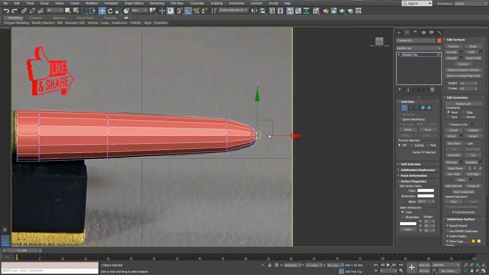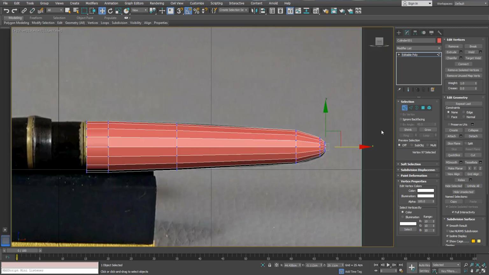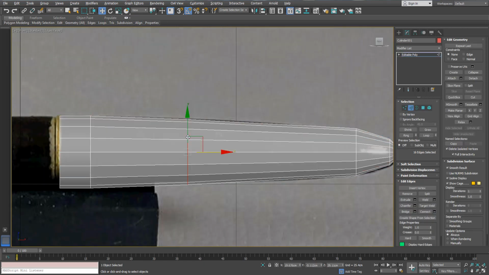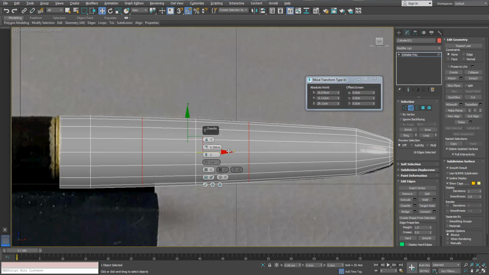Also, we're going to go back to the front. Alright, so it's going to look like something like this. Also, there is one other thing. We're going to select this, Alt X from the keyboard, in order to see through, even though the X-ray isn't that perfect because we have double-sided. And so we're going to right click on the scale tool in order to increase its size a little bit, and we're going to go over here, and we're going to increase the chamfer value. Probably we're going to bring the edge in this direction,